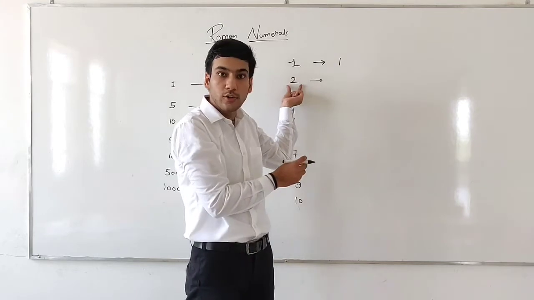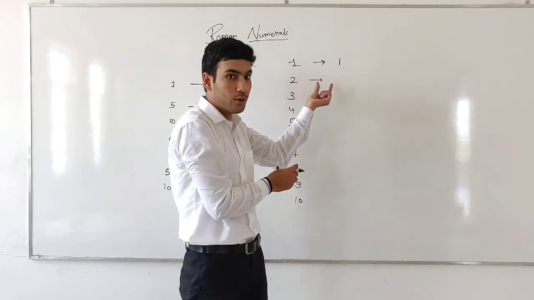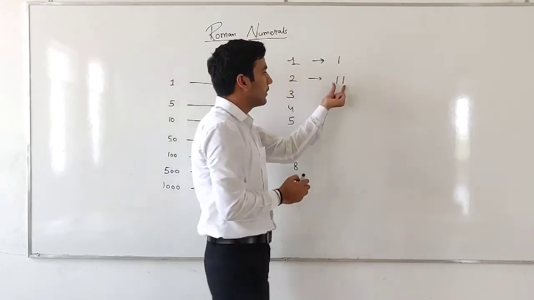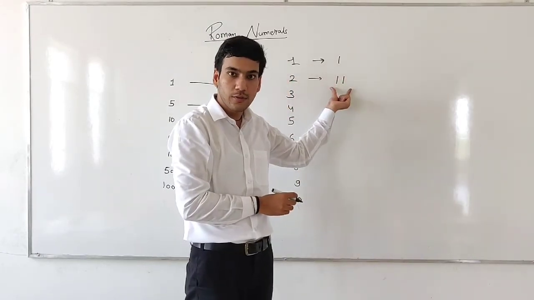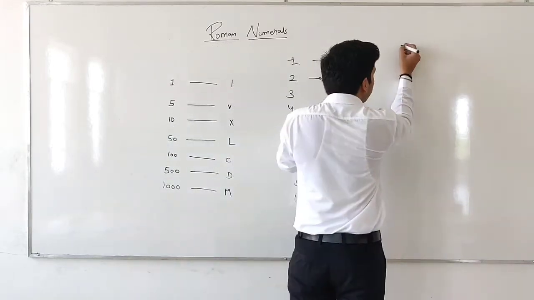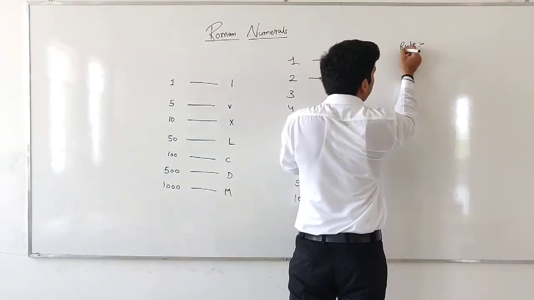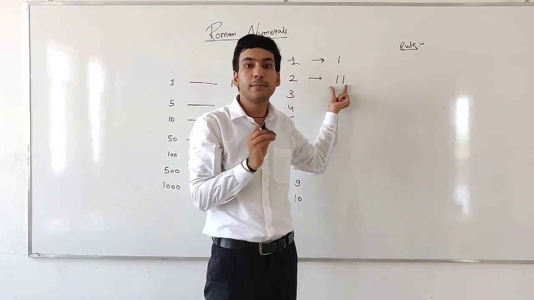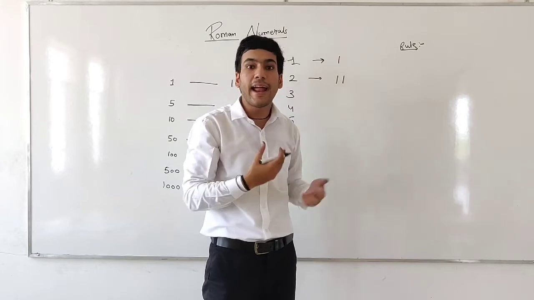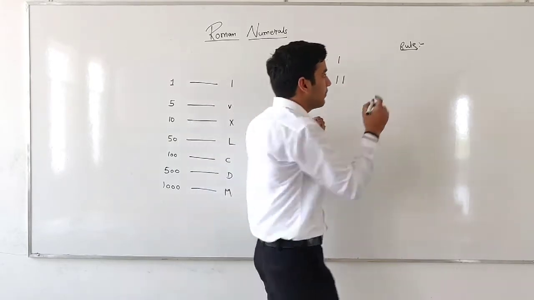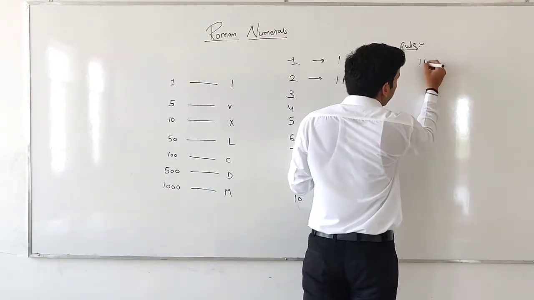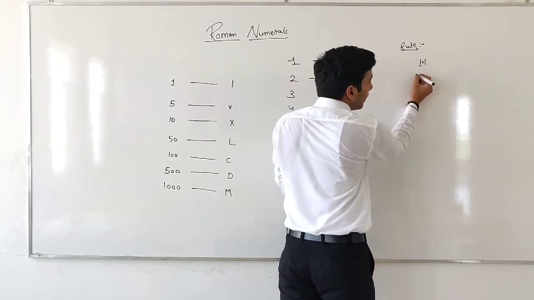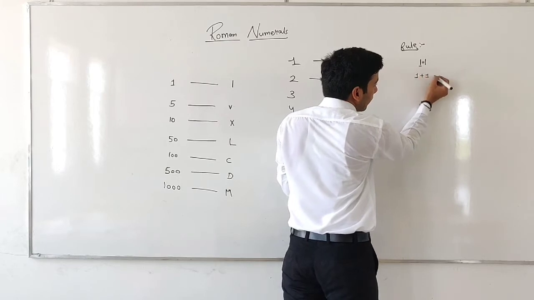Second, what is the Roman symbol for 2? We don't know yet, so this is the Roman symbol. How can I say this is the Roman symbol for 2? Because there is a rule that if Roman numbers are repeated, then there is a hidden plus symbol, a hidden addition of that number. Here we know this is for 1 and there is a hidden symbol. So 1 plus 1 means 2.